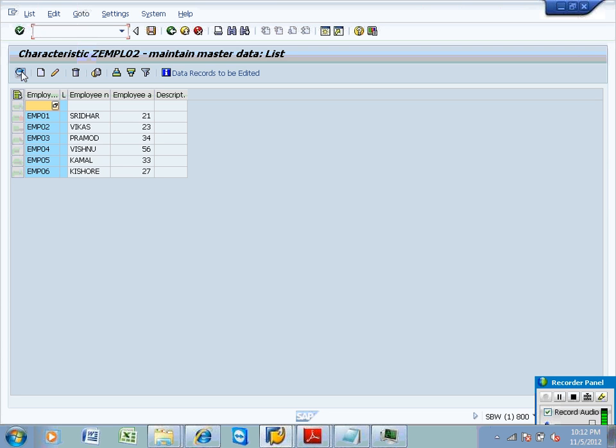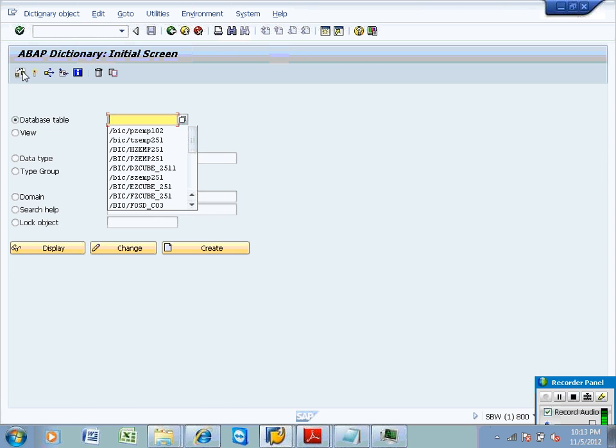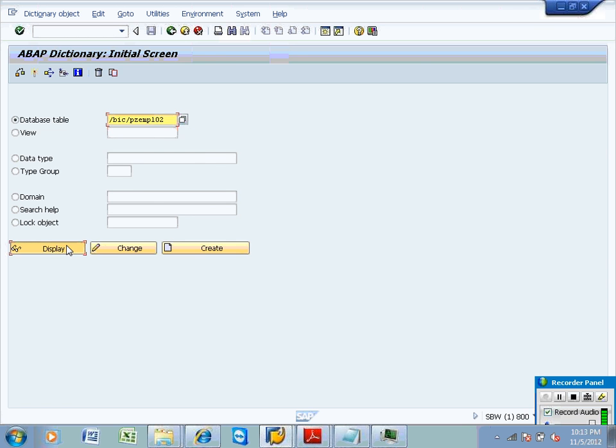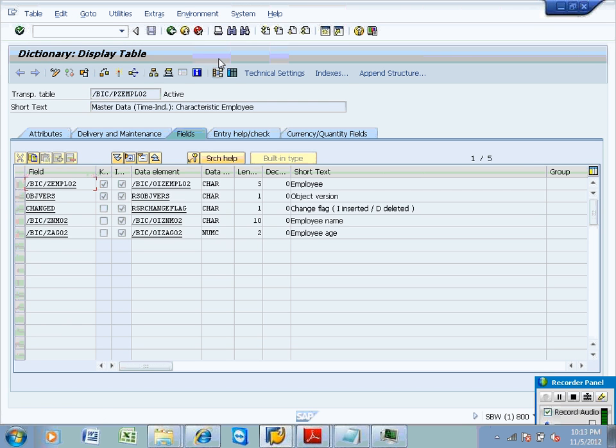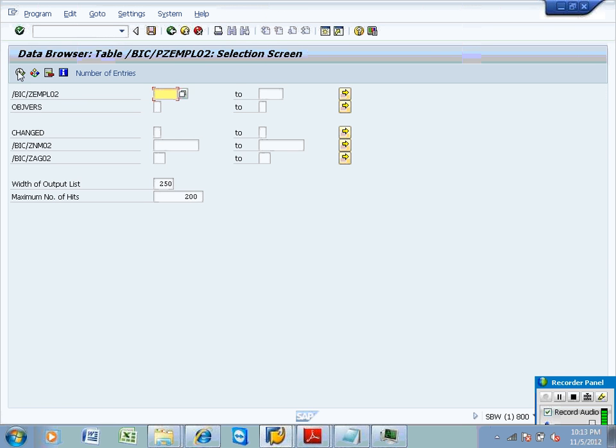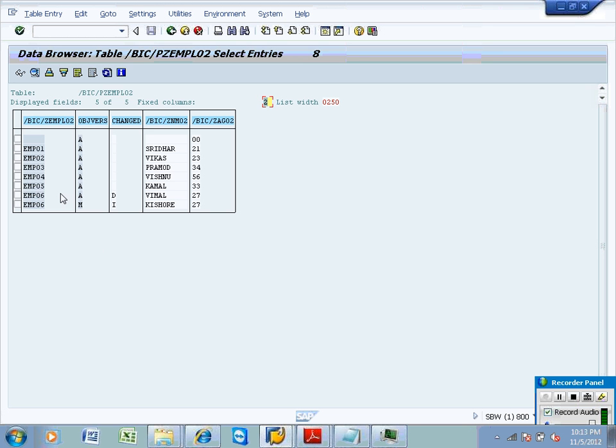Now, you are seeing information at info object level. You can see it has been overwritten. But if you go back and see the underlying database table, what is your underlying database table? This is your underlying database table. If you go and see information in the underlying database table, even though it has been changed, it has been deleted, and it is an active table.